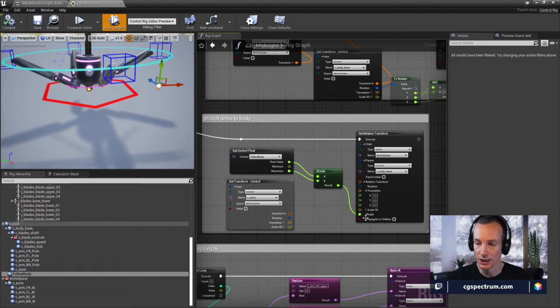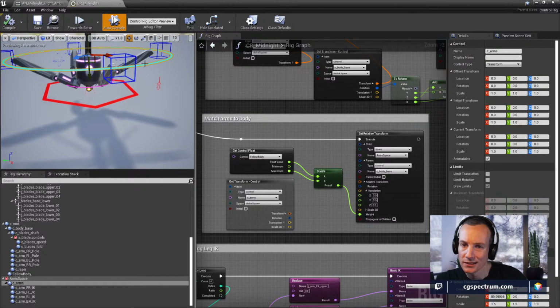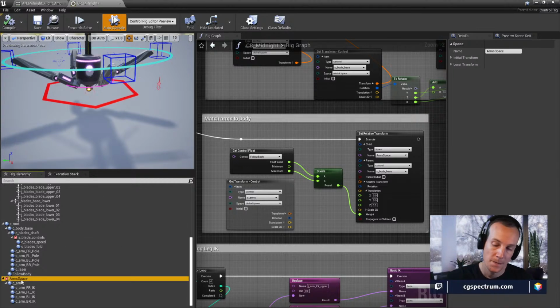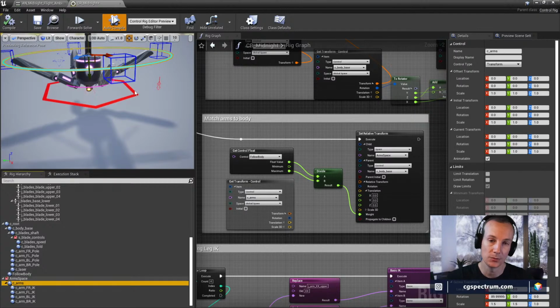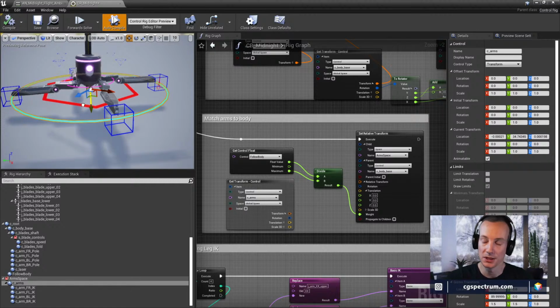Basically it takes the average, so that we can produce the weight of whether this sets the relative transform of the arm space, which I think is this blue one. No, it isn't. Child arms, see body space. Oh, arm space is a space node. So yes, we have a space node. It's like a group inside of Maya, an empty placeholder value that takes the offset. And then the C arms, the controller arms, is the one you're going to animate with. So it needs to be not constrained. That way the numbers are still neutralized.